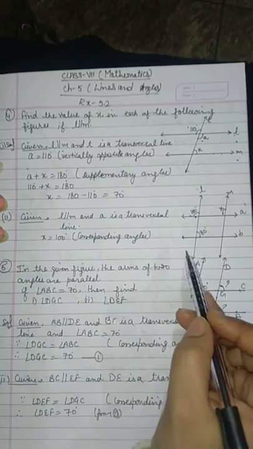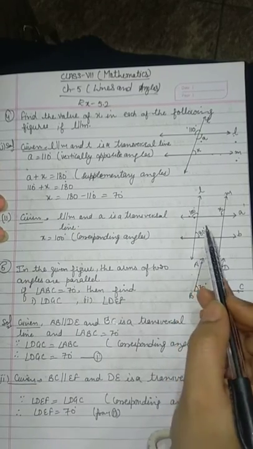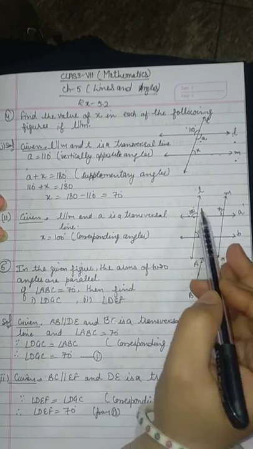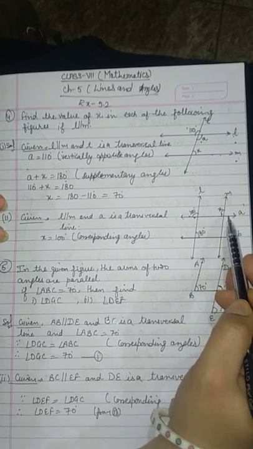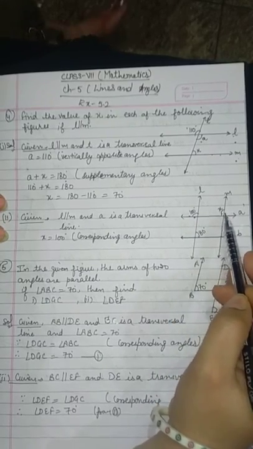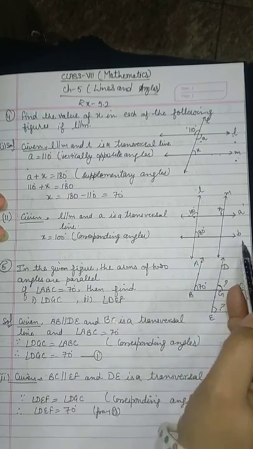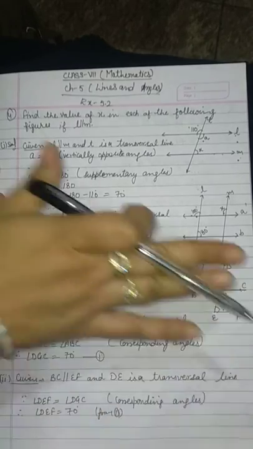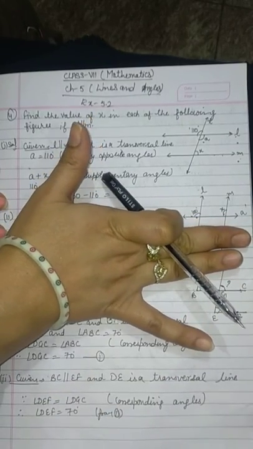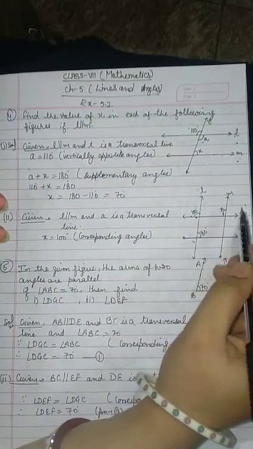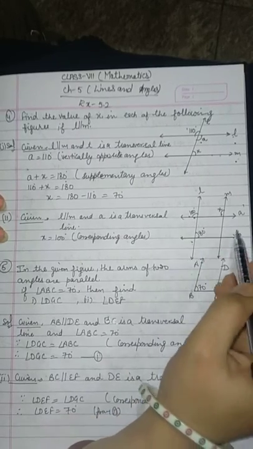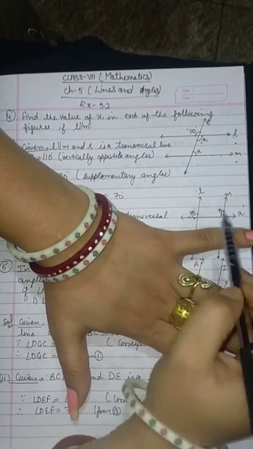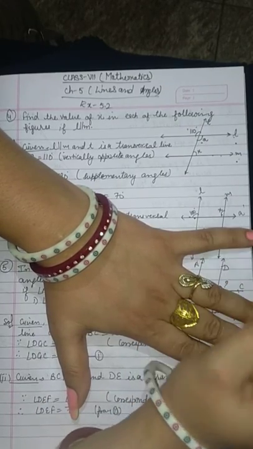Then in the second part, L and M are two parallel lines and A is a transversal, and we have to find out the value of X again. B is also a transversal line given here, and this one is 80, but it is not going to be used because I am going to use only A. If you get confused by looking at this other transversal line, just ignore it. Just see these two parallel lines and this one transversal.